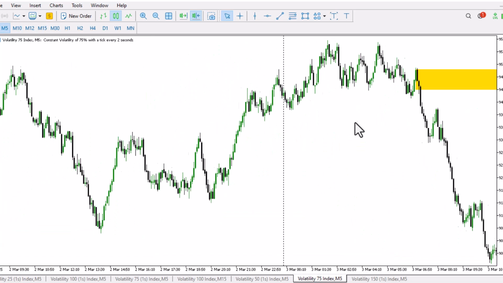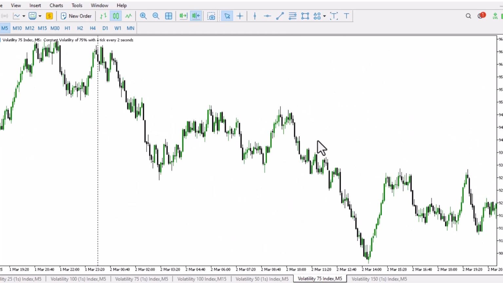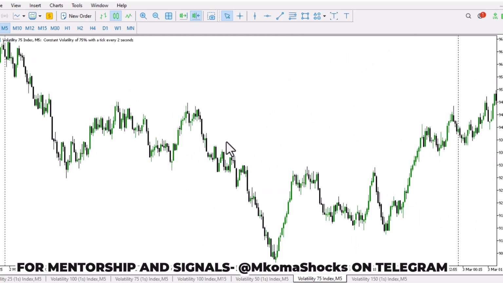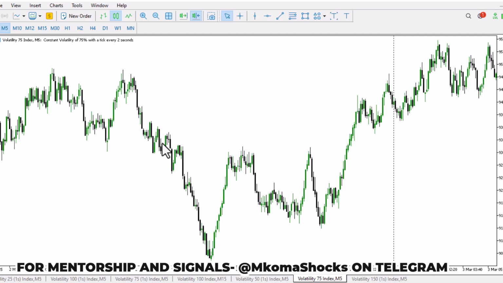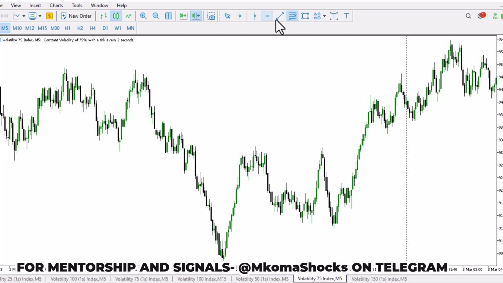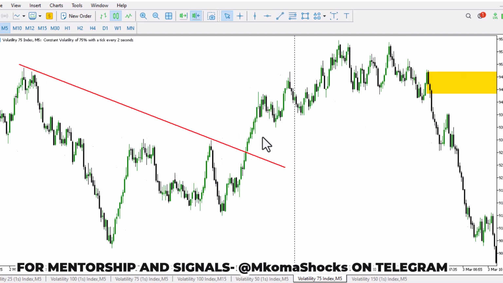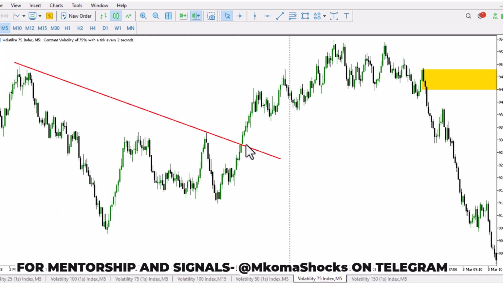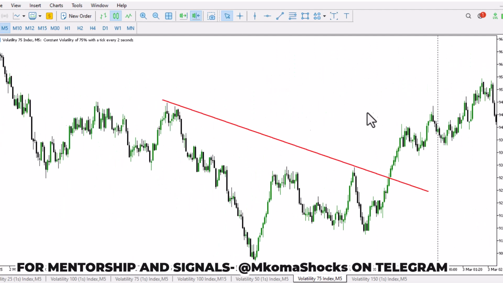A lot of you guys just come asking me which time frame we are using and things like that. It's the M5 time frame that we are using, and we are going to be looking at that. So here, remember, you connect 2 points, right? You are connecting 2 points. You can connect this one, as you can see here. So these are 2 points, and price never came back after the retest, so you are not very worried about